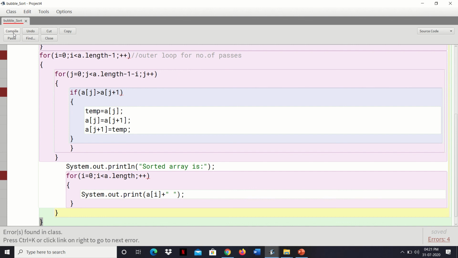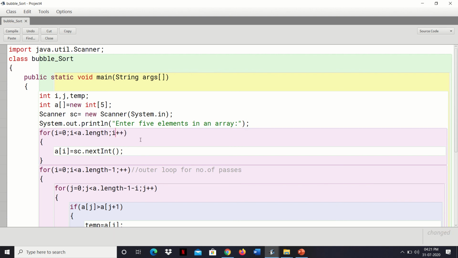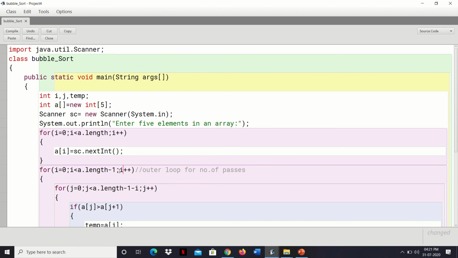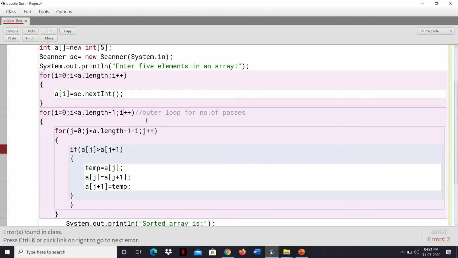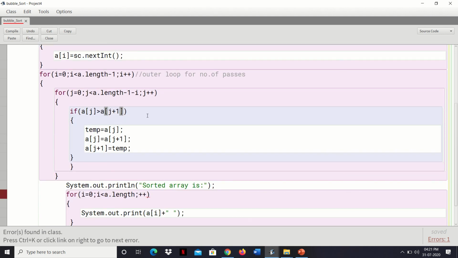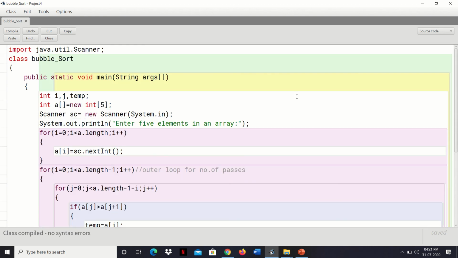Compile this, students. There are a few errors. Here i is missing, and i is missing here because we copied it. And one more, a bracket is missing over here. This is how we debug the code, right? Now compile it. No syntax error, compilation is done very clearly.